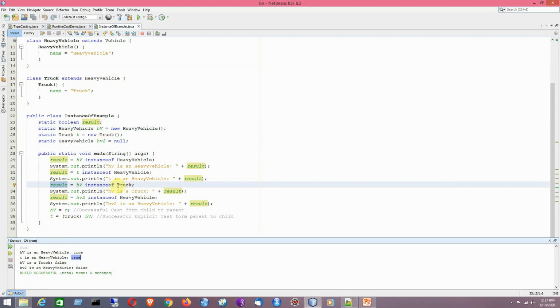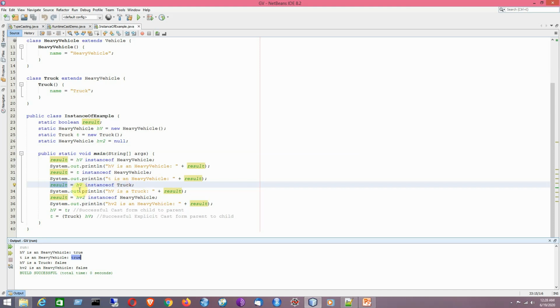But it will not be applicable, because if I write here HV instance of truck, truck is considered to be a subclass of heavy vehicle, but the reverse is not true.